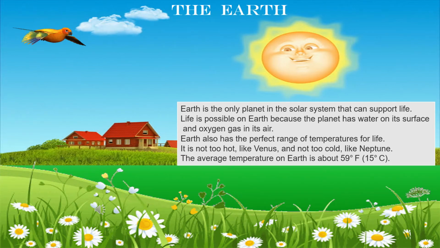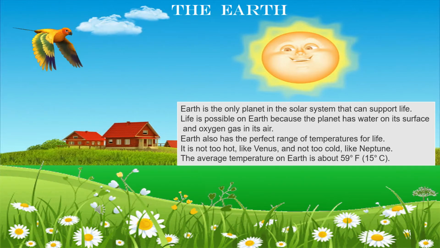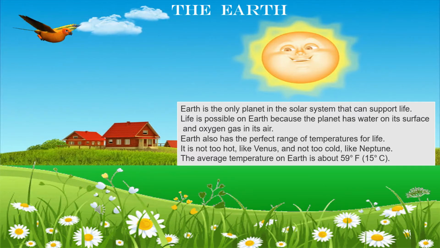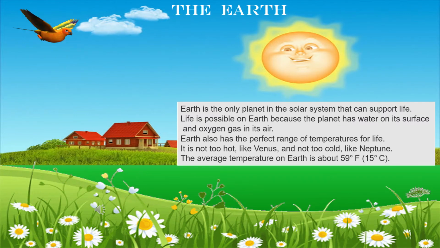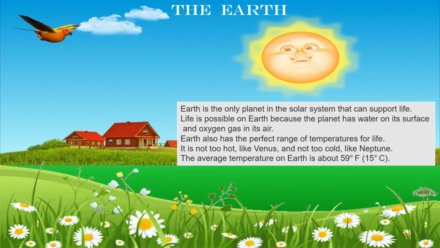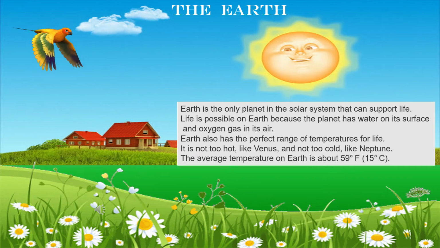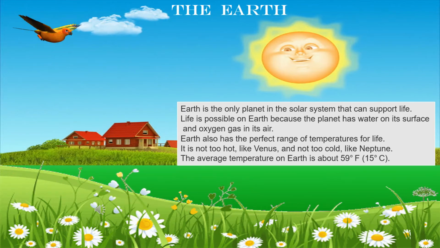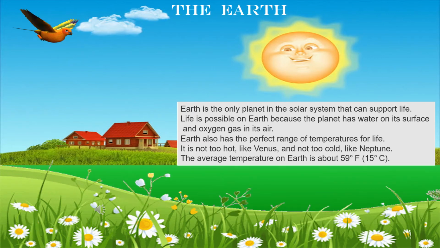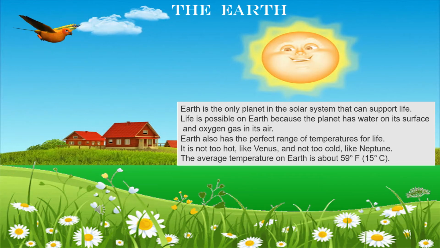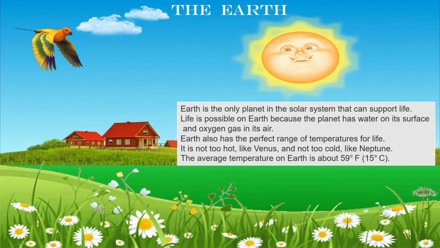Okay, like air and the most important thing is water. So Earth has enough water, that 70% of Earth is water. So life is possible only on planet Earth and not on the other 7 planets. Okay, and the Earth has oxygen gas, it has water, and we have learned in the lesson the sun and stars that oxygen gas is very much